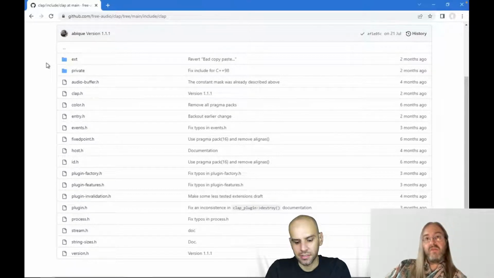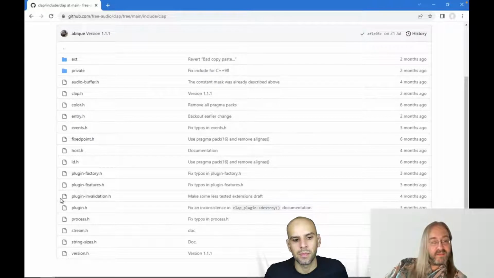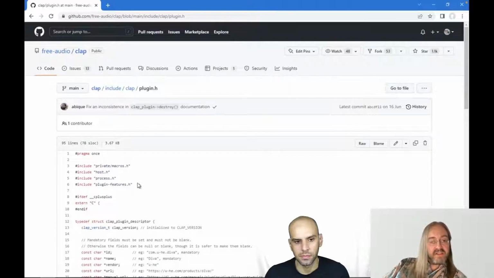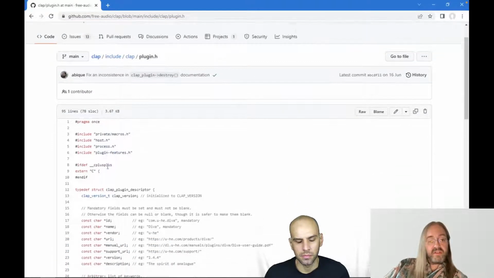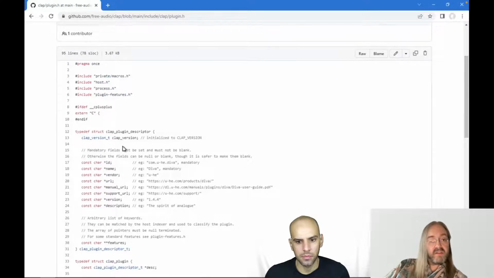Well, they do, because I can show you. There's a bunch of header files which the host and the plugin share. And of course, there's host, that's for the host, so I don't do a lot with that. But then there is plugin, I think it is. This defines some structures that your plugin has to fill and return to the host.